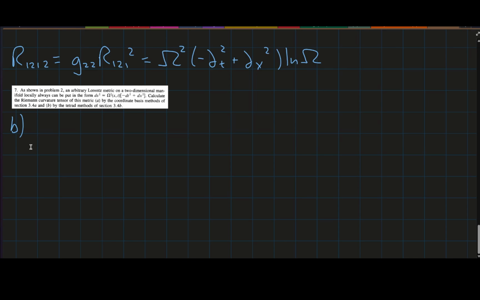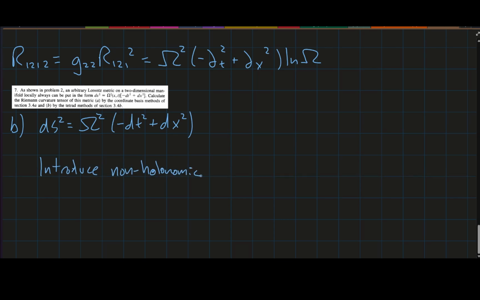Okay, so we can try part B now, where we do this instead with the tetrad methods of section 3.4b. So let's just remind ourselves of our line element, where omega is a function of both t and x. So the idea here is that we'd like to introduce a non-holonomic orthonormal basis satisfying